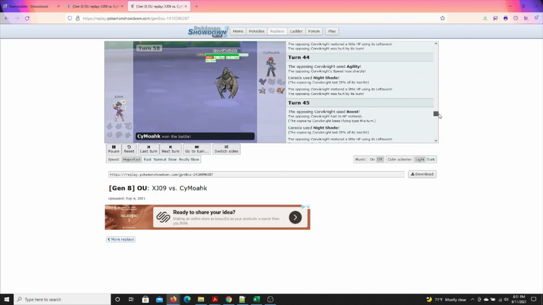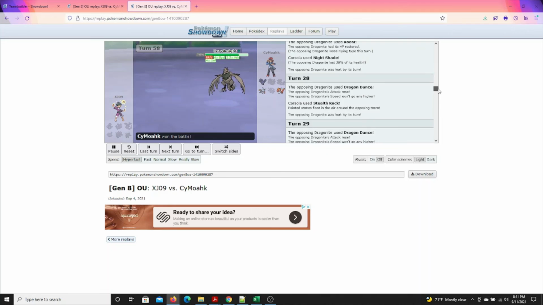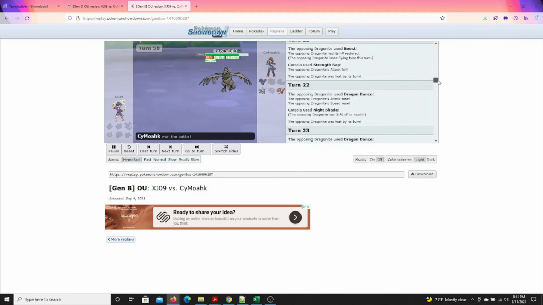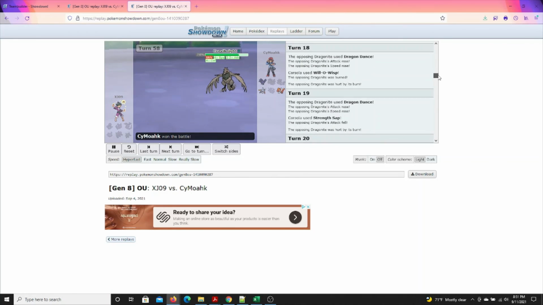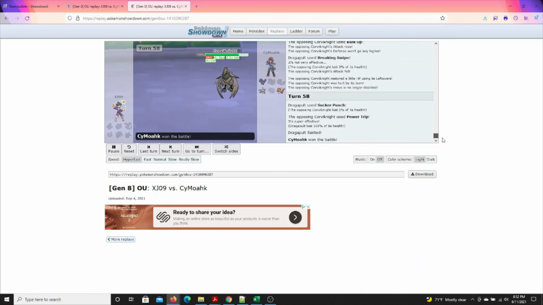How long was that Corsola keeping me busy with both Dragonite and Corviknight? So that was, I think, back on like turn 18. So yes, there goes Dragonite, and then Dragonite kills Nidoqueen. That was turn 17. So from turn 18 to turn 58, I was mostly just dealing with that damn Corsola. It's a troublesome little thing,